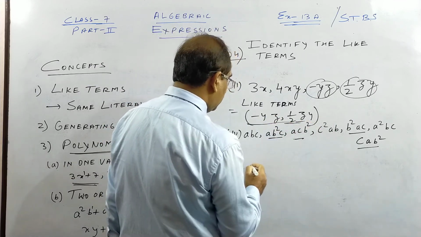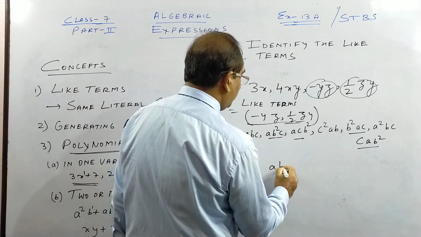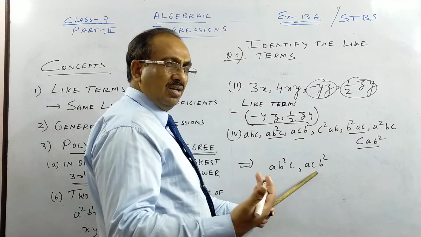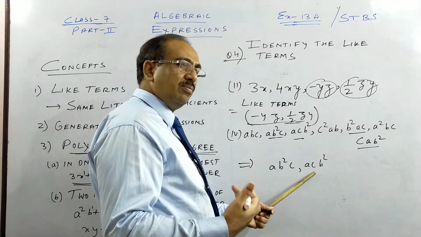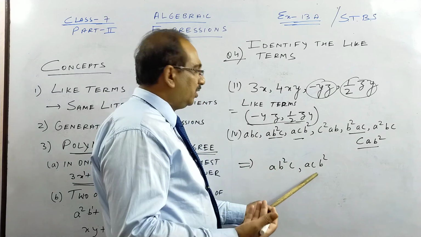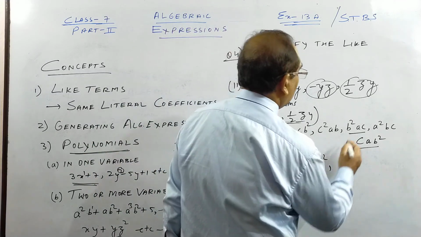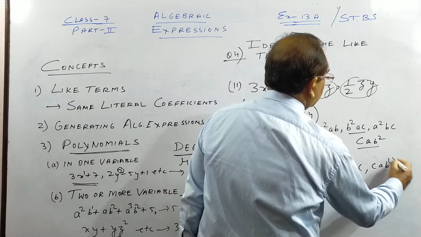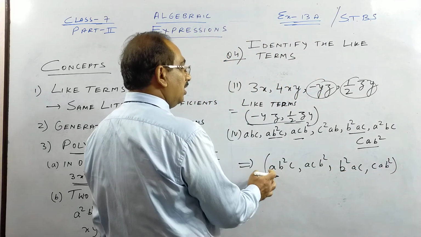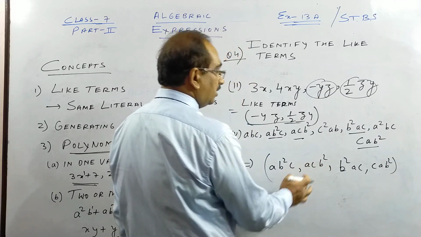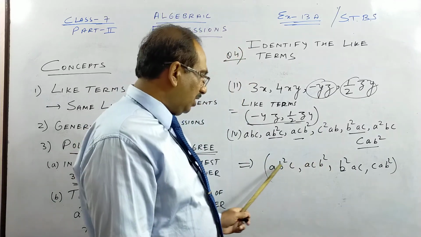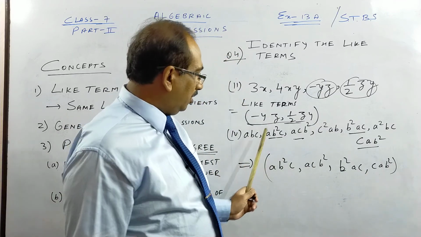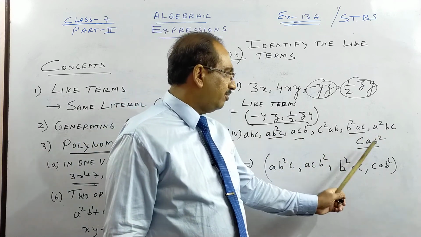These two are like terms, but here if you see like terms: a b square c, a c b square, everywhere you see a, c, b square, they are all multiplied. 2 into 3 into 4 is the same as 4 into 3 into 2 or 3 into 4 into 2. So order is not important. You see ac everywhere, ca b square. Here ca is first, here b square is first, here a is first, here b square is third and c is second. They are all immaterial as long as you have a everywhere, c everywhere, b square everywhere. So out of 1 2 3 4 5 6 7, 4 are like terms.